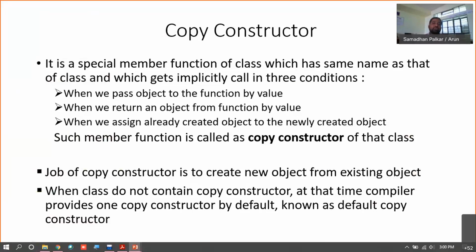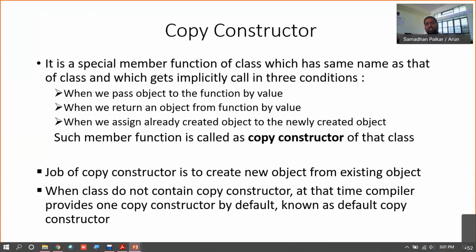That means if you assign one object to another and you are not providing a copy constructor, the compiler automatically provides a copy constructor to the program, and that is referred to as the default copy constructor, right?